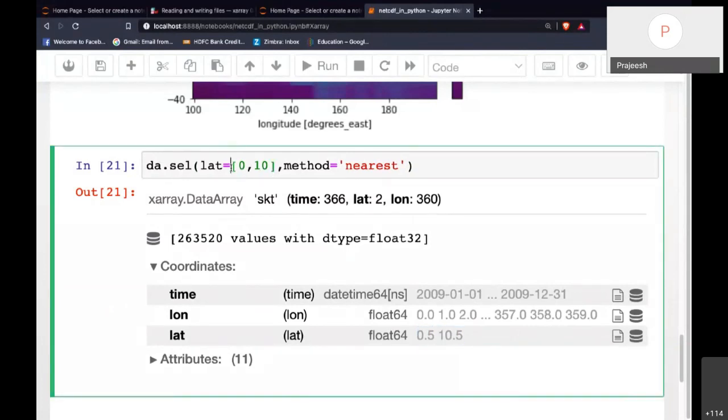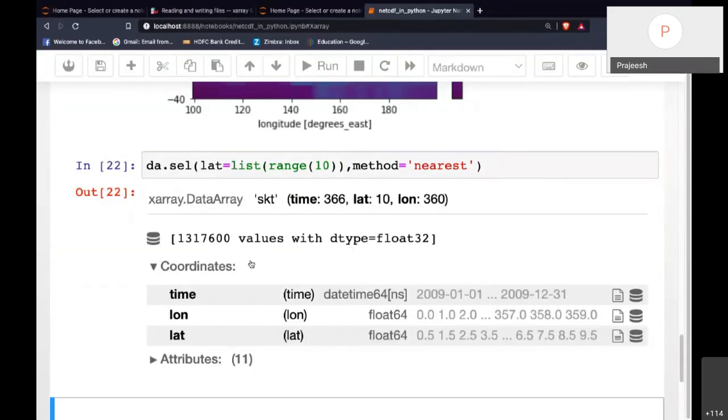So you can give a list of values here and then get a slice of the latitudes, such as you can do something like list of range to 10. Okay, and then you can get all the latitudes from 0 to 10. Okay, so the closer latitudes you'll get, I mean the subset of that you'll get.